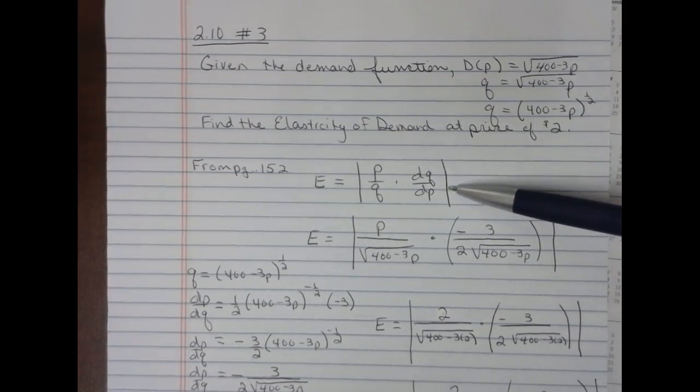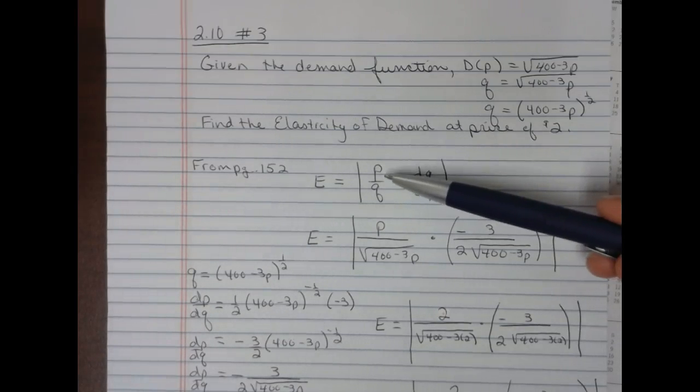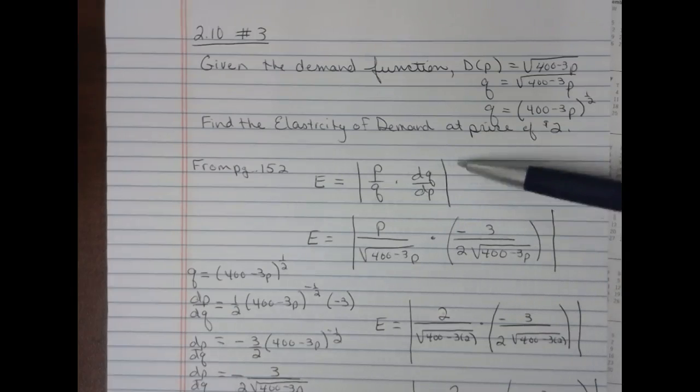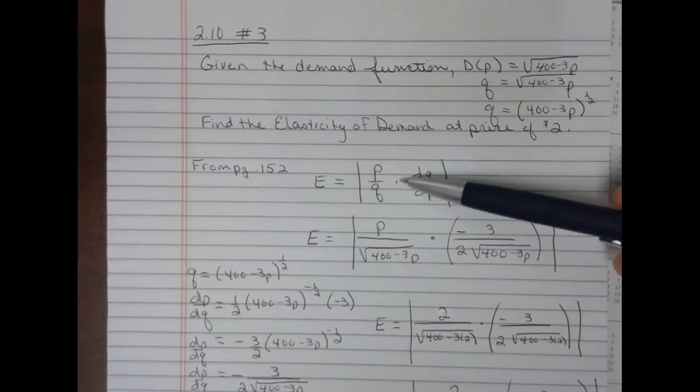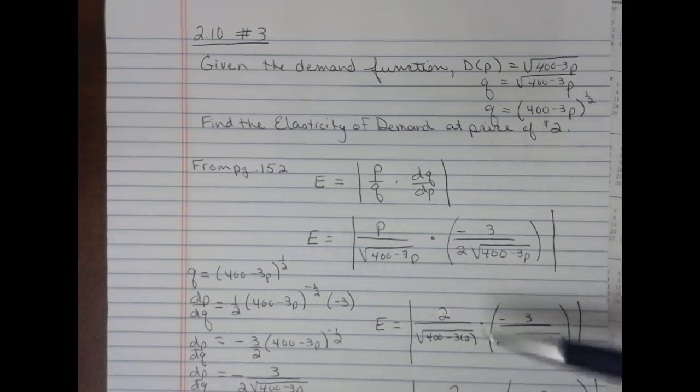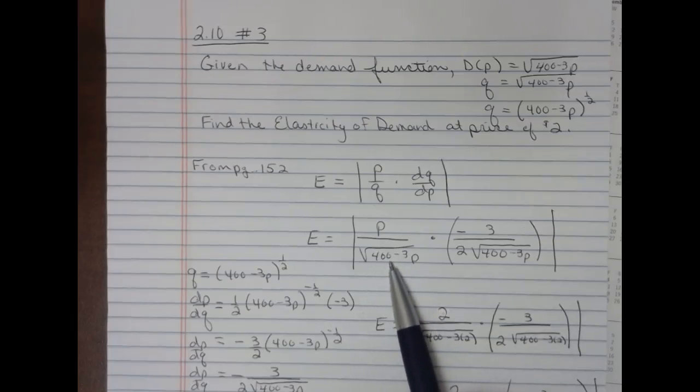So from your textbook, on page 152, we're given the elasticity of demand. It's where I take P over Q times the derivative of Q with respect to P. And these are absolute values. So whatever answer we get, if it's negative in here, it's going to end up being positive. So here we put our Q in,